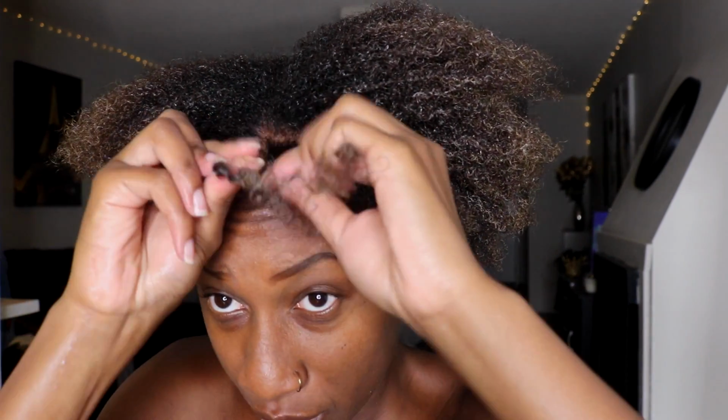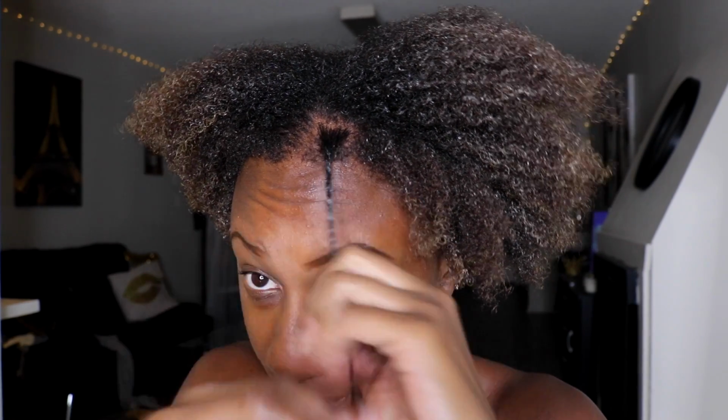And then what I like to do is twist each strand as I'm actually twisting them together, rolling them through my fingers so it's extra tight, extra curly. I don't know if that makes sense, but